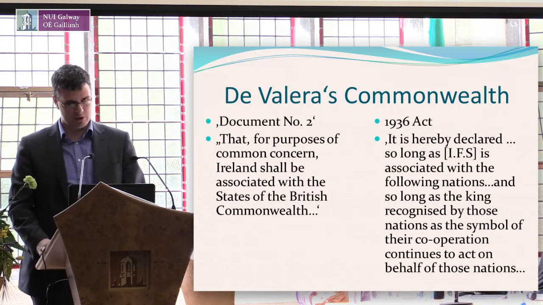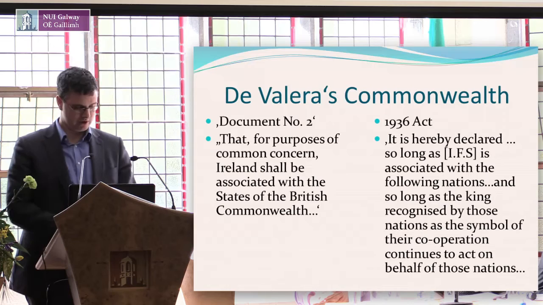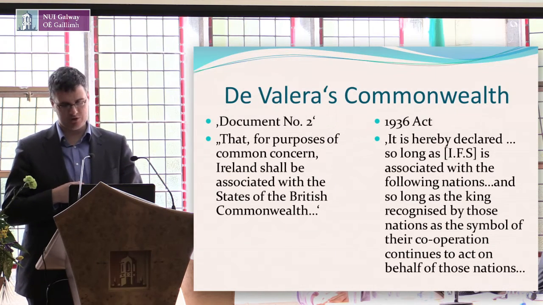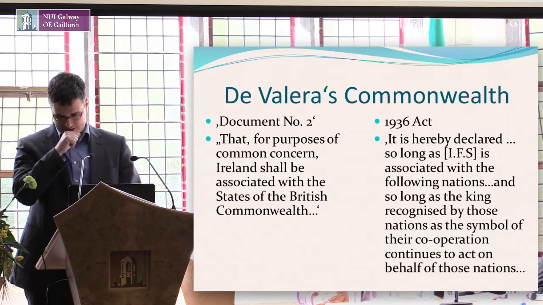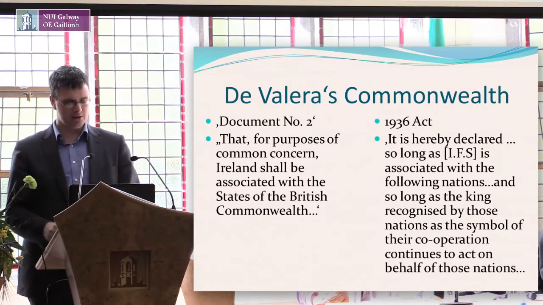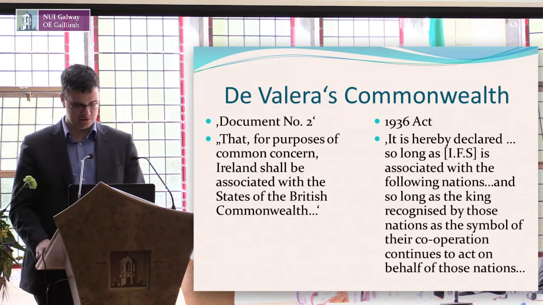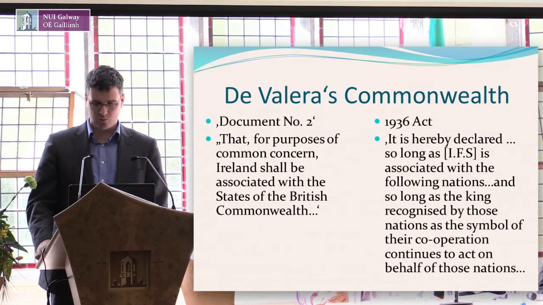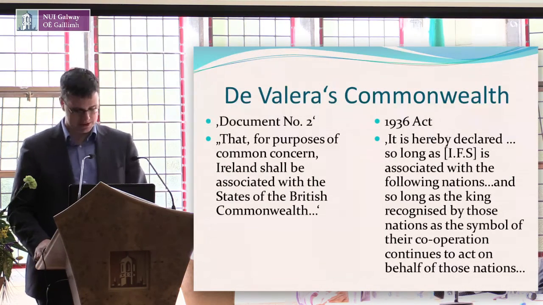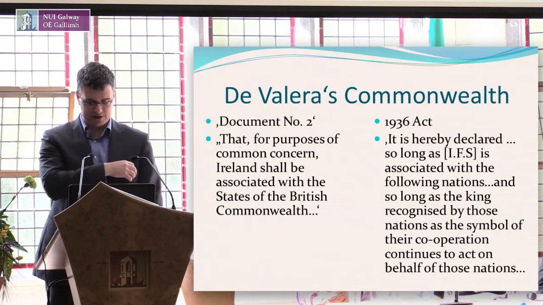And what we see, and I know I'm perhaps moving into territory that's going to be covered in more detail later, is a successive stripping away of the Crown from the internal machinery of the Free State. It culminates in the complete elimination of the Crown from the internal machinery of the state in 1936, following the abdication crisis. And in the course of this, what is passed is the 1936 Executive Authority (External Relations) Act, which